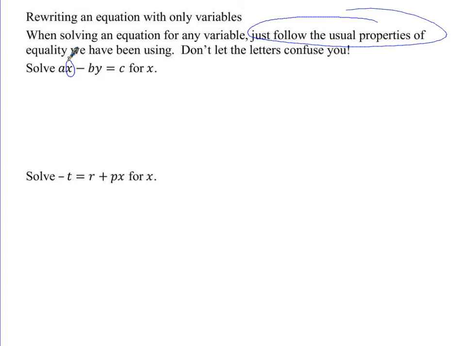I'm going to get that ax term by itself, which means I got to get rid of this negative by sitting here. In order to get rid of negative by, I'm going to add by to both sides. ax minus by equals c. So what am I left with once I add by to both sides? ax